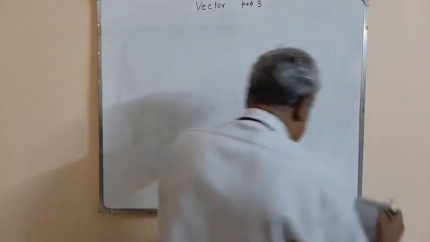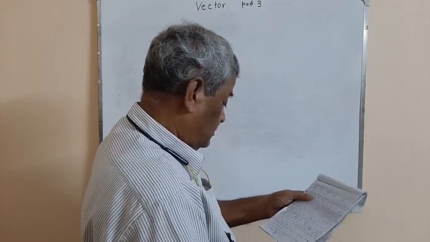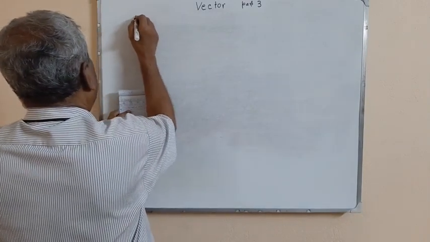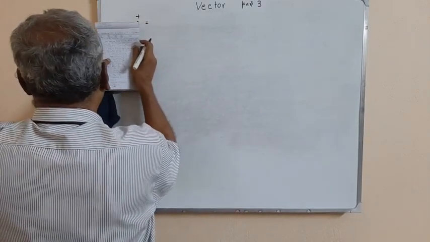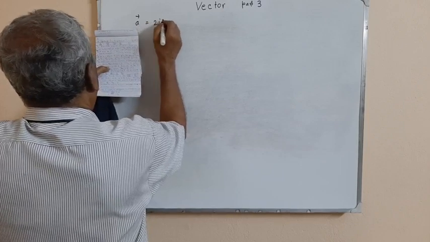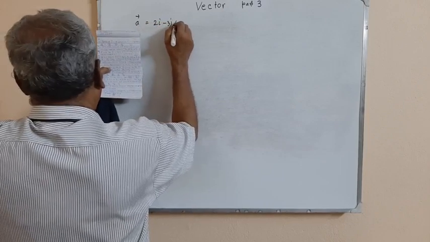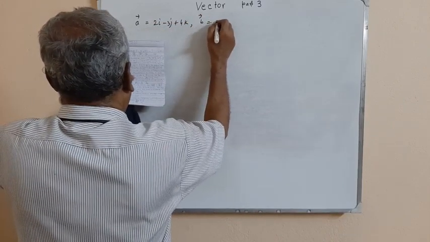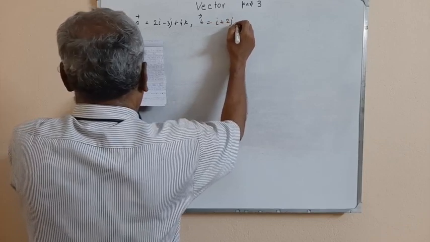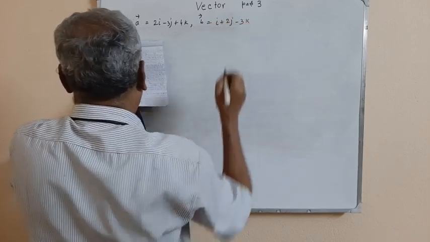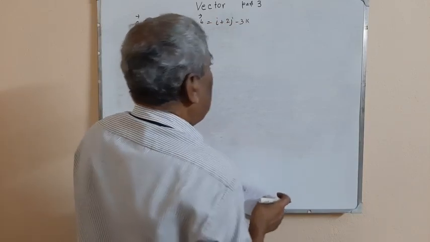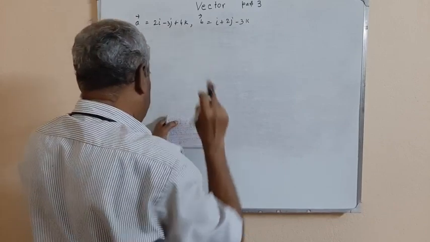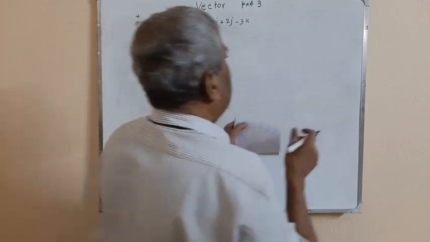Next problem is: let vector A be equal to 2i minus 3j plus 4k and B another vector i plus 2j minus 3k. Then the unit vector perpendicular to both A and B is, options: